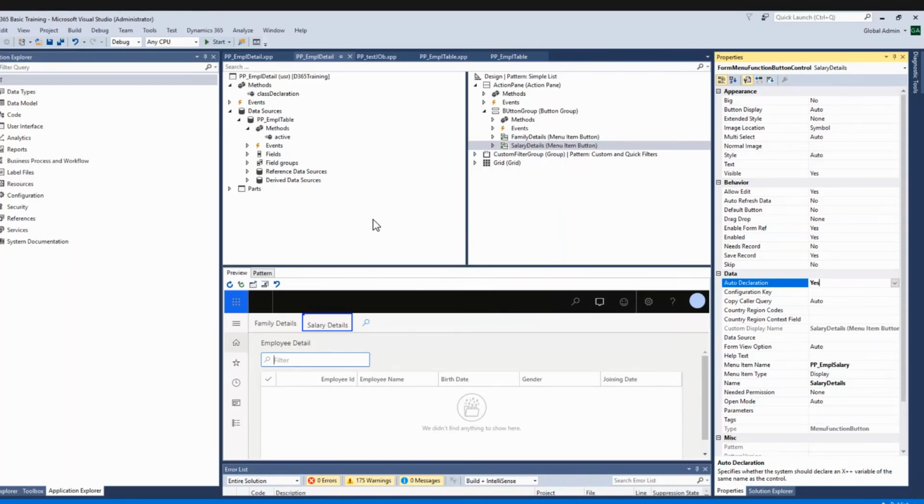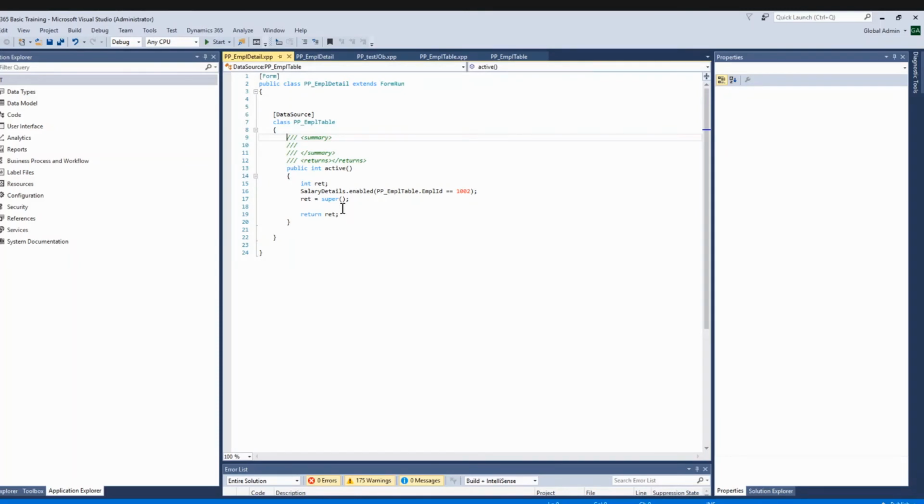So if I go in active, salary details dot enabled, I use that button control, and this button will be enabled only when the employee ID is 1002. And this I have written in the active method. I have overridden the active method. So I will build this.